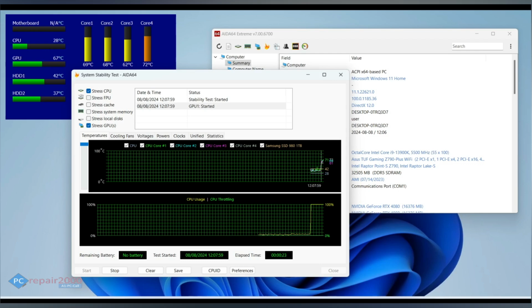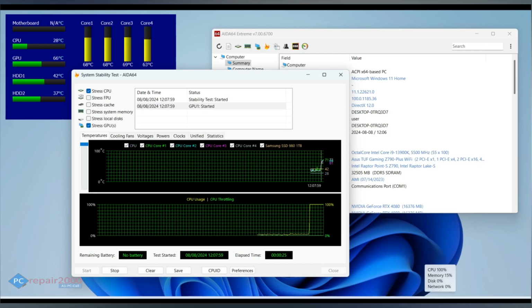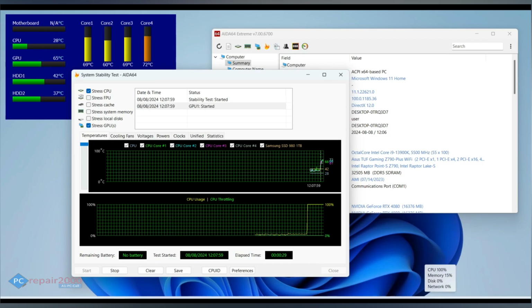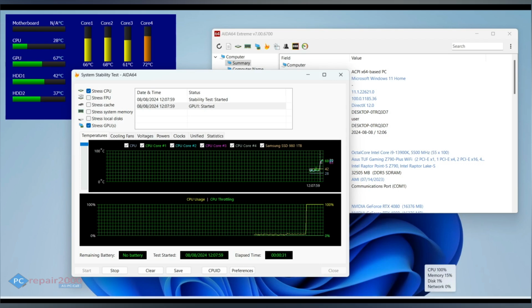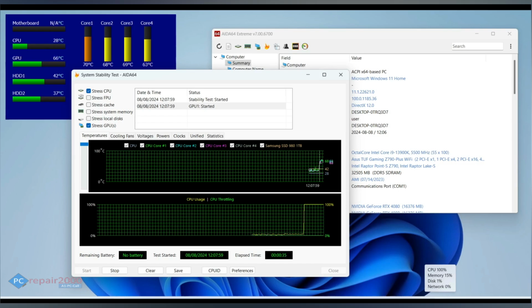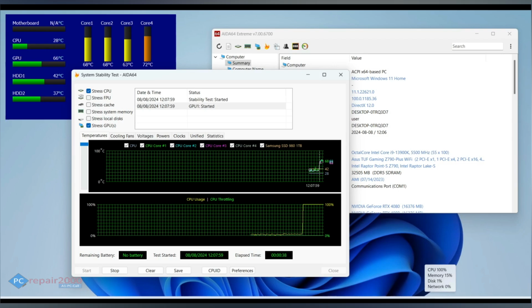The CPU at the moment is running at a maximum of 100% because of the stress testing that's going on, and also the GPU is running at maximum performance. Because the processor is running at 100%, it's running at this relatively high temperature,